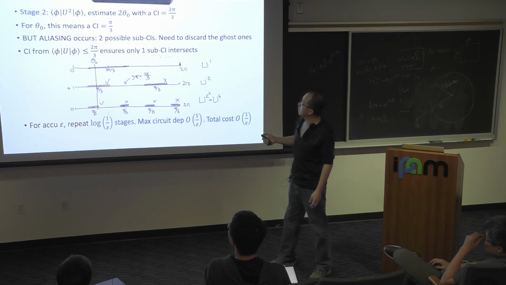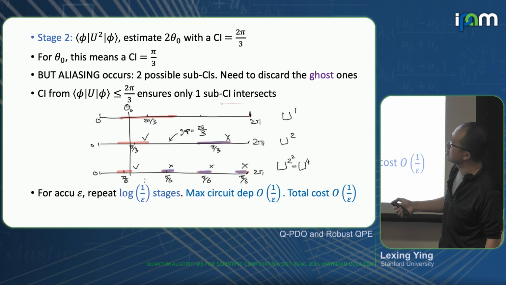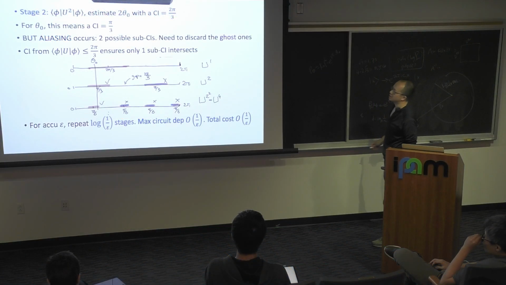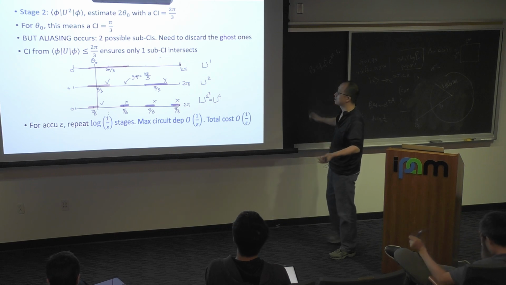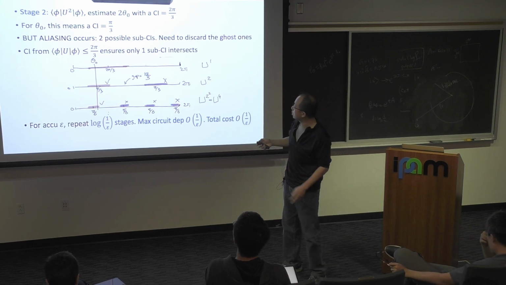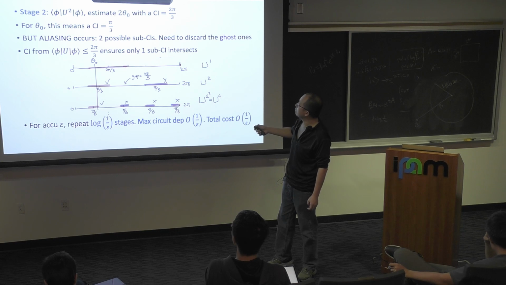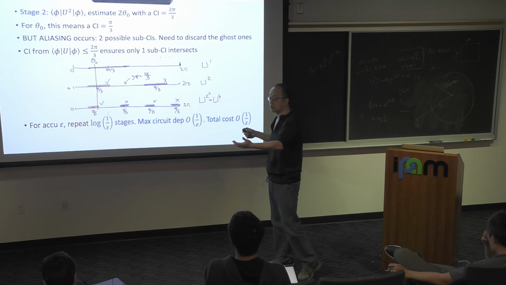Then what do we do? The idea is to shrink the confidence interval. In order to shrink it, instead of running the Hadamard test for U, you run it for U squared. Now, this will estimate, sorry, I changed my lambda to theta. I apologize, I think somewhere in the paper it got switched, but lambda is theta now. So instead of estimating the eigenvalue itself, you're estimating 2 times the eigenvalue, with the same confidence interval, because it's the same Hadamard circuit.